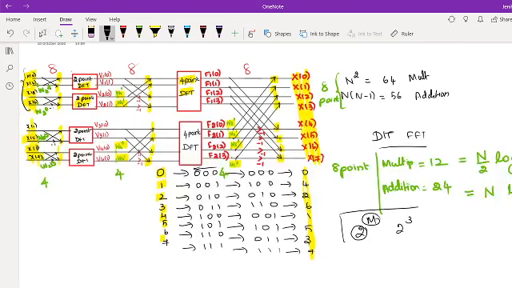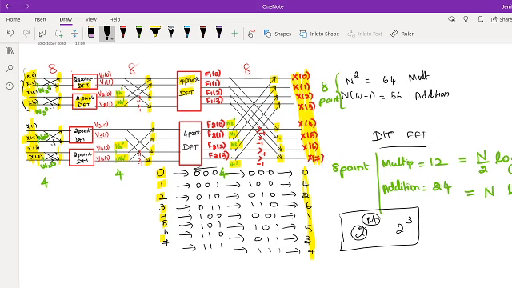So this is the meaning of the radix 2 representation. It is only applicable for 2 power m inputs. The radix 2 applications are only for 2 power m inputs. DIT means decimation in time. Decimation is division. Radix 2 means the division is starting from 2 and in the order of 2.